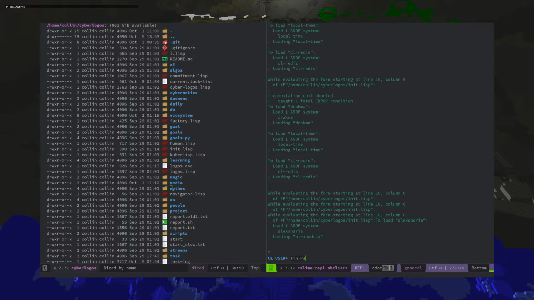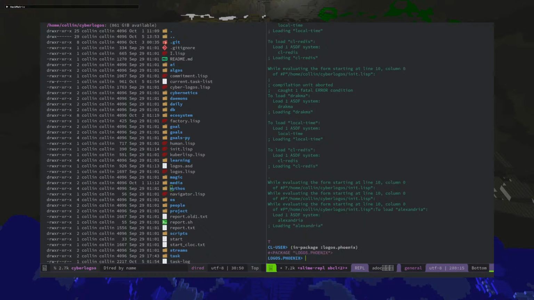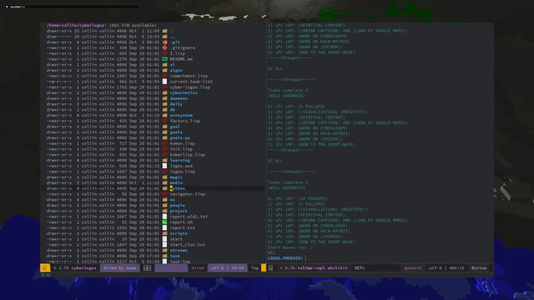In package logos.phaonix, that's how I pronounce it sometimes. It's Phoenix, obviously, but shortwave will do. I think I might actually do the pull-ups here. I think I will do an add task